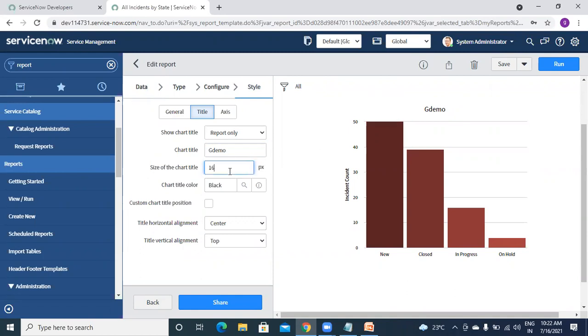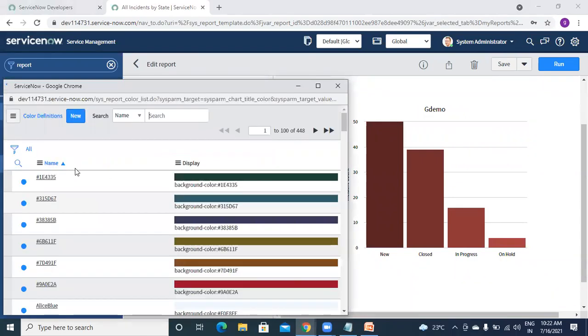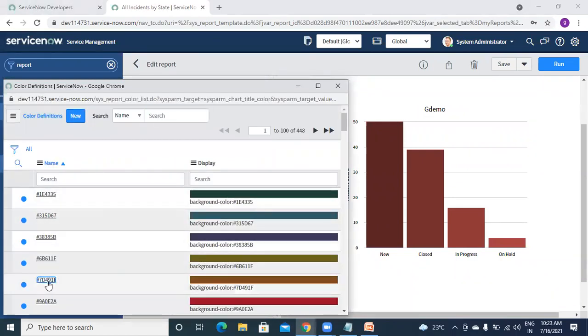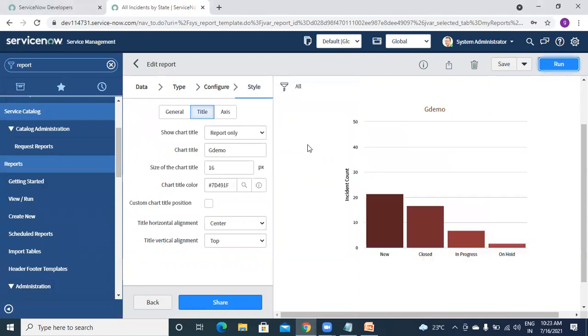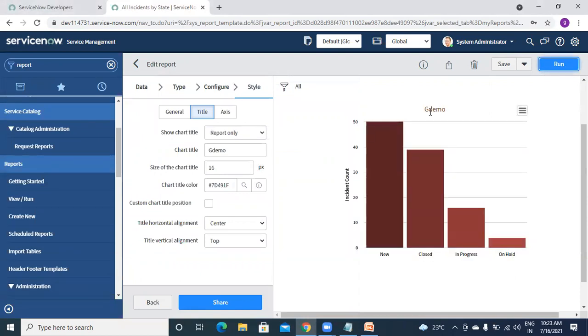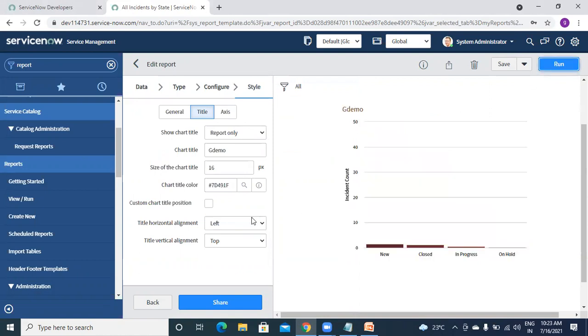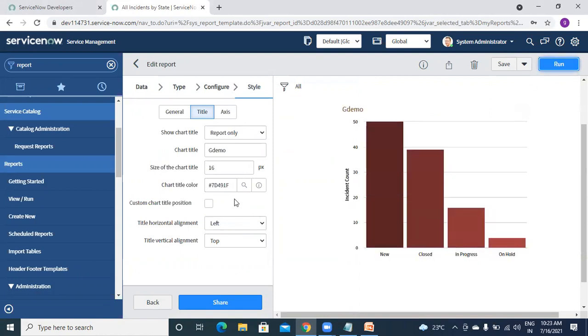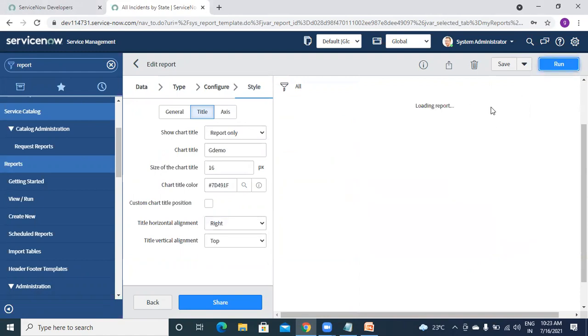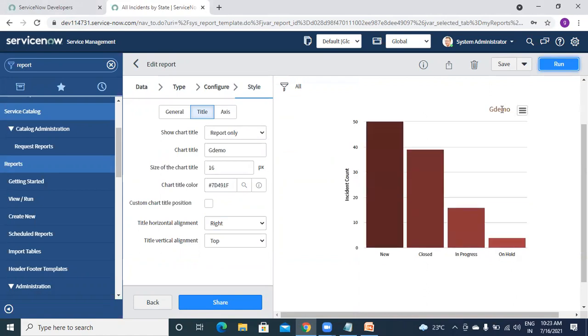Okay, and this one is again size, this one is color, like which color you want to show. Let me select this one. So all color combinations you can do. So now you can see earlier it was black and now it is this one. Then where it should appear, on the left or where. So I'm selecting this one on the left. So you can see this got on the left. If you want it on the right, select right here, and it will be visible on the right hand side. Okay, so in that way you can do this.